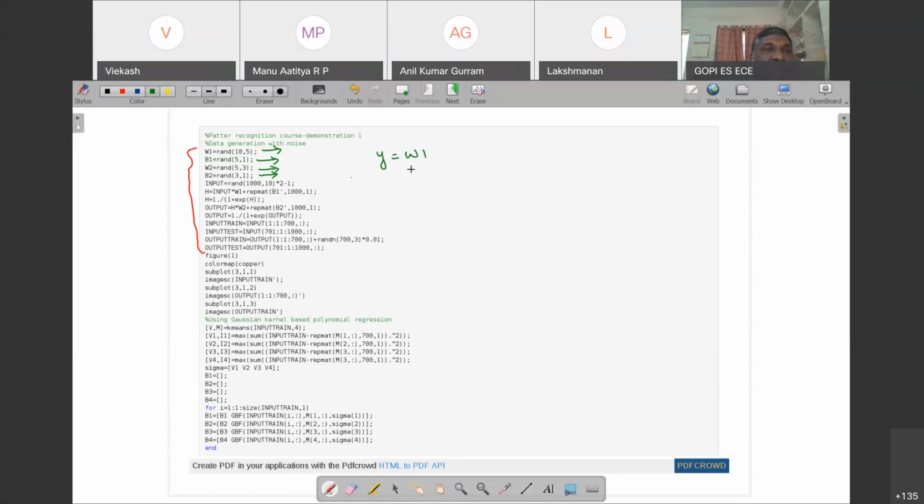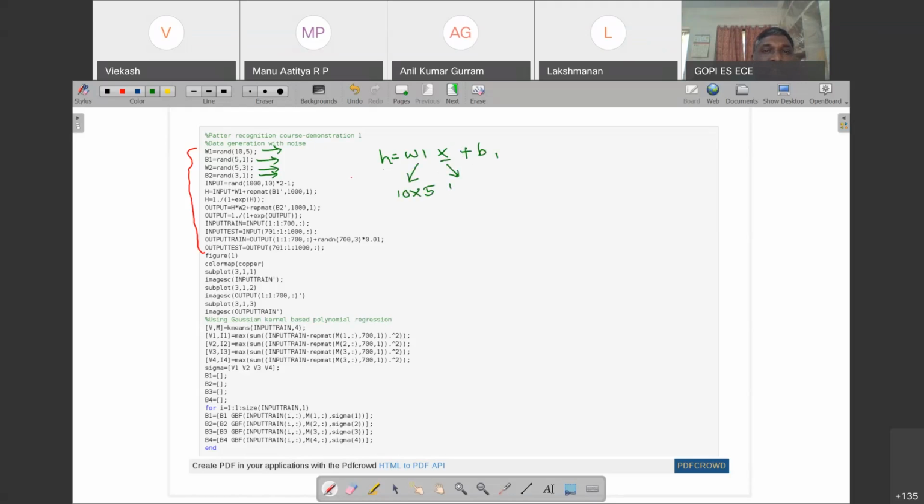W1 is a 10 cross 5 matrix, and then you can say this is H, let me put this as the intermediate thing here, plus we have something like bias. This is just the data generation, right? So the size of this matrix is 10 cross 5, and